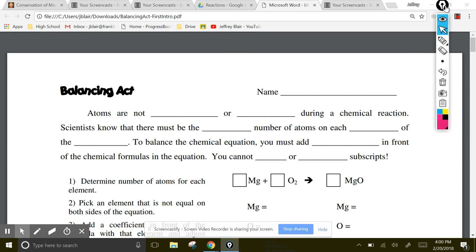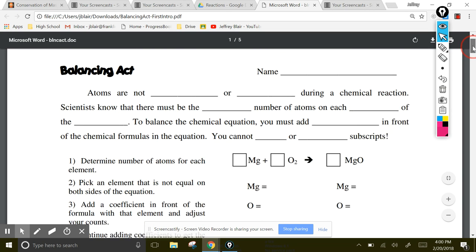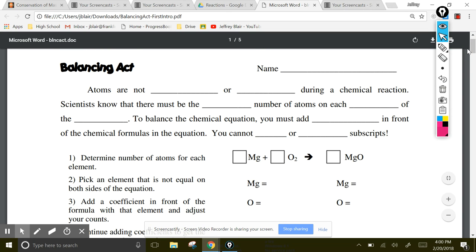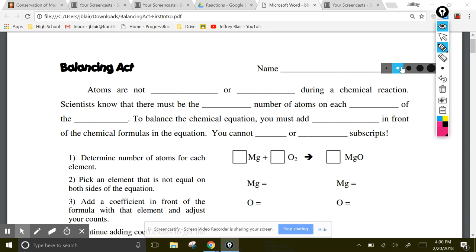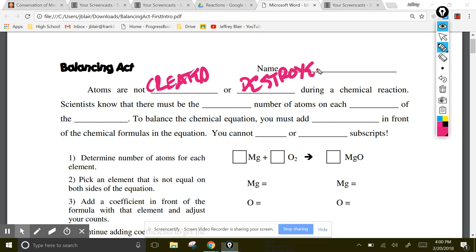So we just saw a video of conservation of mass, a BrainPOP video, and now we're going to use that idea of conservation of mass to balance chemical equations. Atoms are not created or destroyed during chemical reactions. Scientists know that there must be the same number of atoms on each side